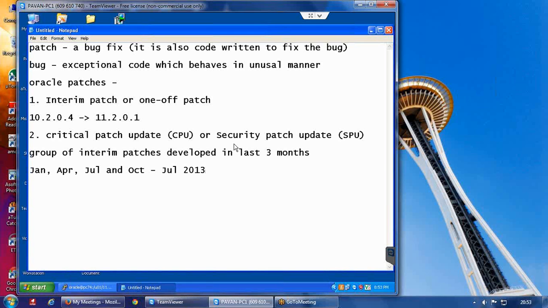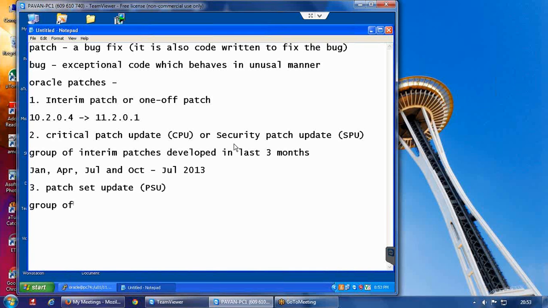Apart from CPU, the second category is one more type of patch which we call patch set update, shortly PSU.